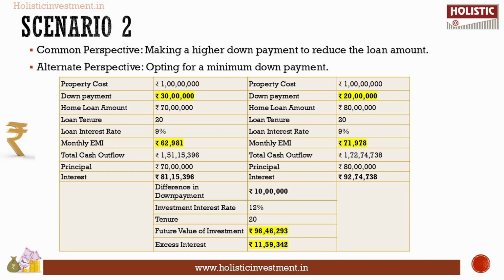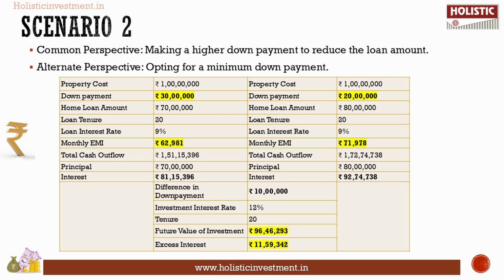Scenario 2. Common perspective. Making a higher down payment to reduce the loan amount. Alternate perspective, opting for a minimum down payment. Typically, many people plan to buy a house and focus on saving for a substantial down payment, believing that a higher down payment will lower their EMI. However, if you opt for a smaller down payment and invest the difference, you could potentially build a significant corpus